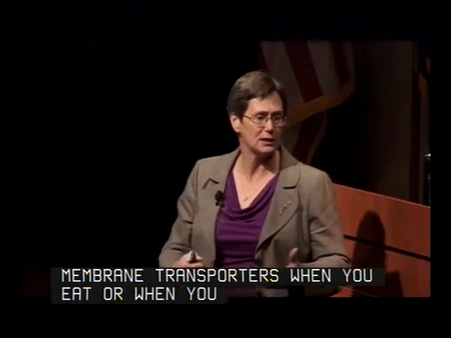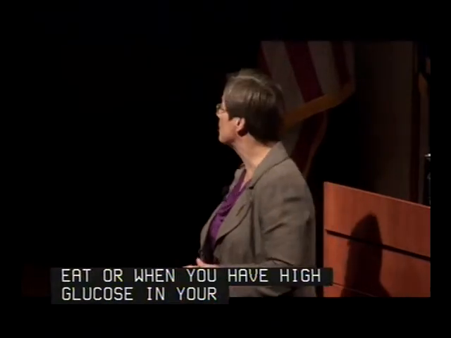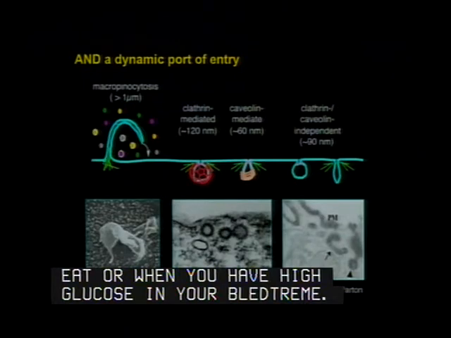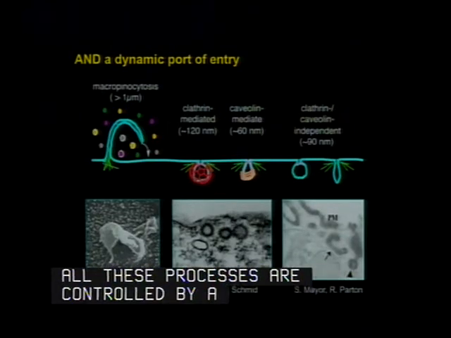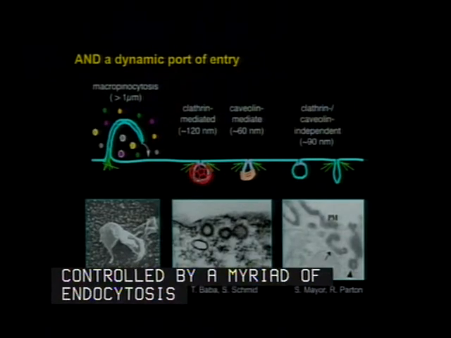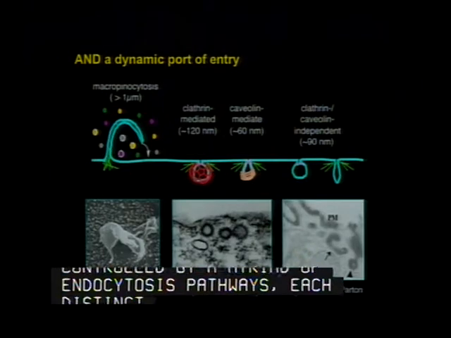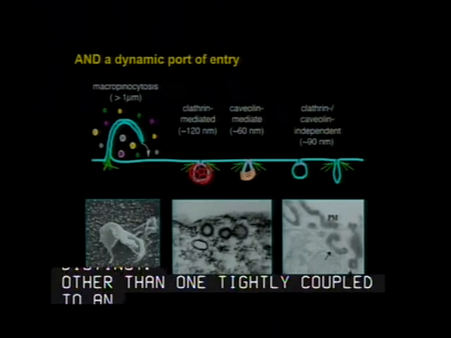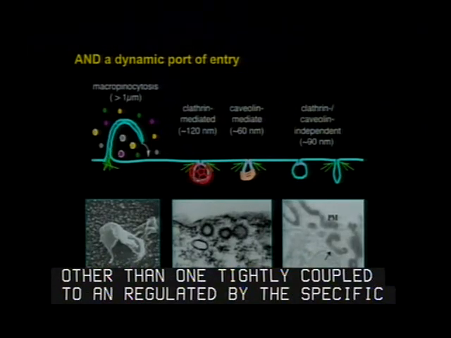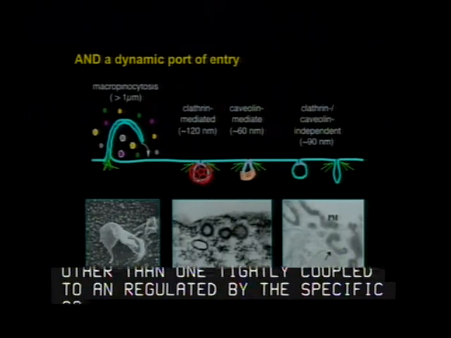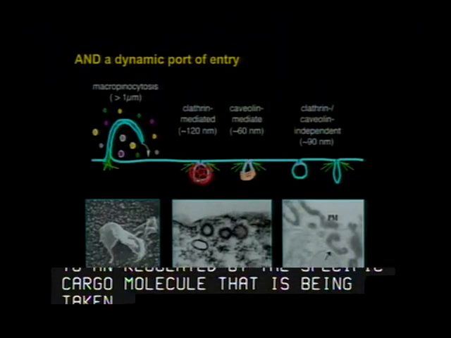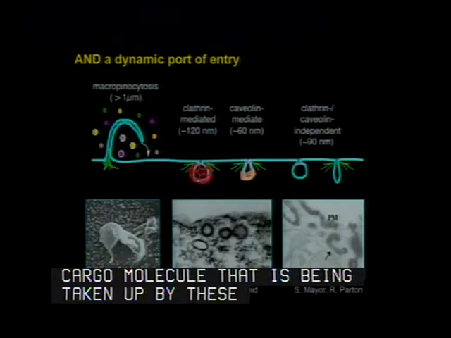All of these processes are being controlled by a myriad of endocytic pathways, each mechanistically distinct, and each one tightly coupled to and regulated by the specific cargo molecule that is being taken up by these processes. Today's talk is going to focus on